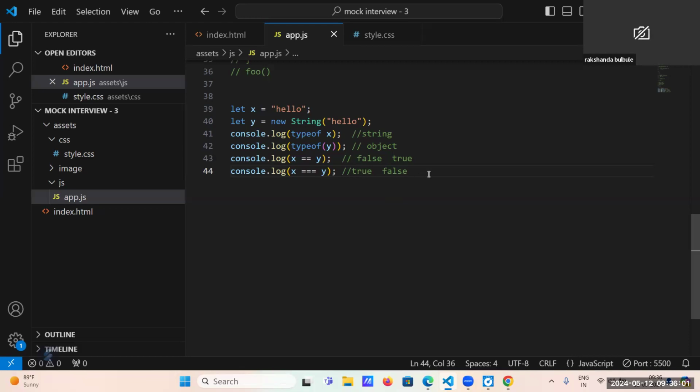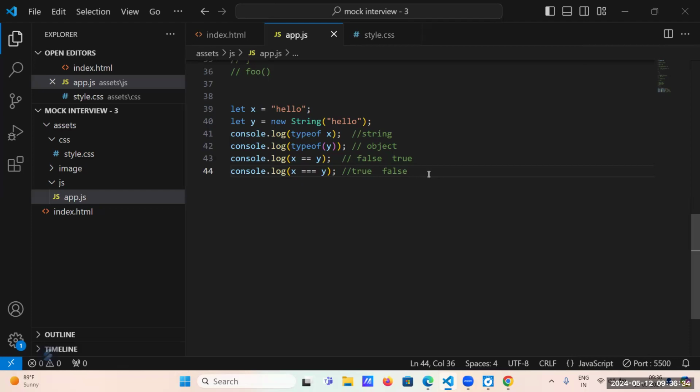In primitive data types, we have string, number, boolean, null, and undefined. And in non-primitive data types, we have array, object, and function. So what will be the type of an array? Object. In JavaScript, everything is object. Yes, that's correct.